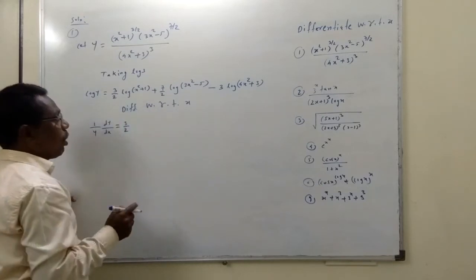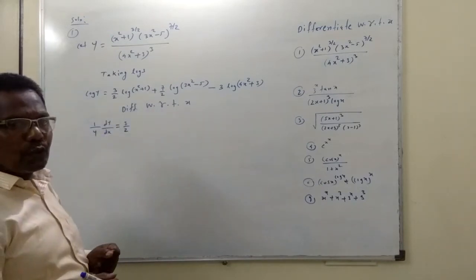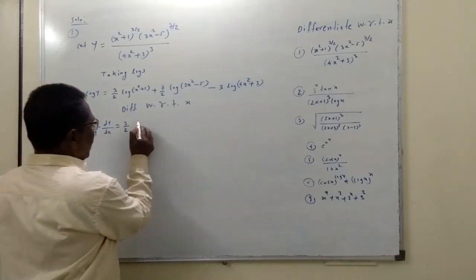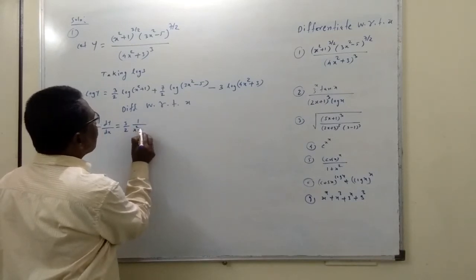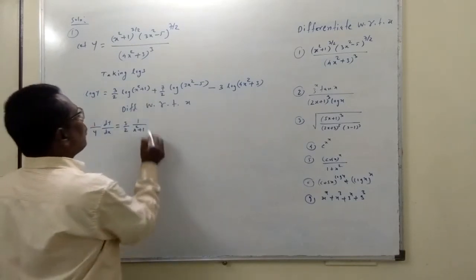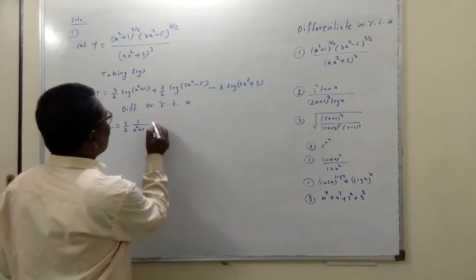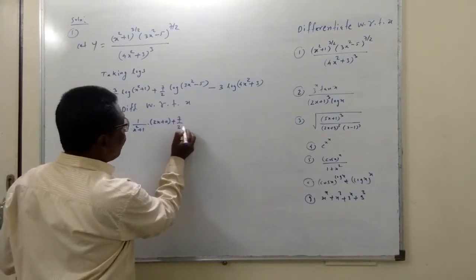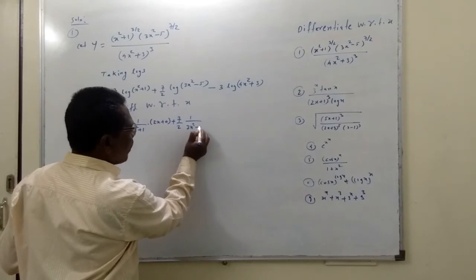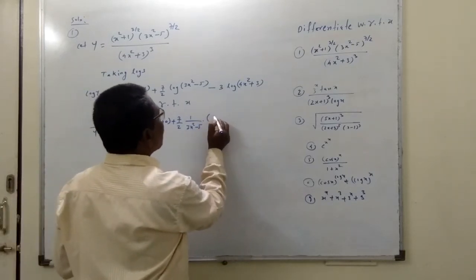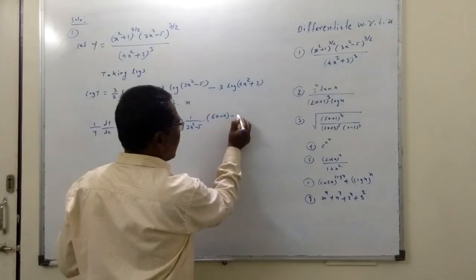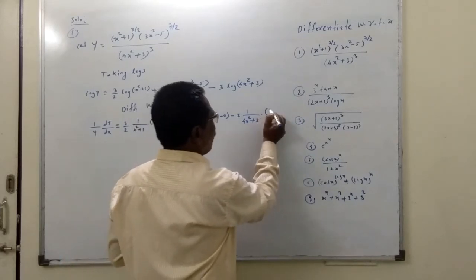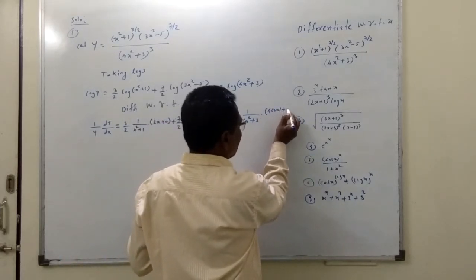Now the derivative of log is the main function. Instead of x here, we have x square plus 1, a polynomial function, so this is a composite function. The derivative of log is 1 upon, so 1 upon x square plus 1, and we take the derivative of x square plus 1 by applying the theorem of composite functions. The derivative of x square is 2x, plus 1 gives 0. Plus 7 upon 2, a constant, the derivative of log gives 1 upon 3x square minus 5, into the derivative of 3x square minus 5, which is 6x minus 0. Minus 3, 1 upon 4x square plus 3, into the derivative of 4x square plus 3, which is 8x.